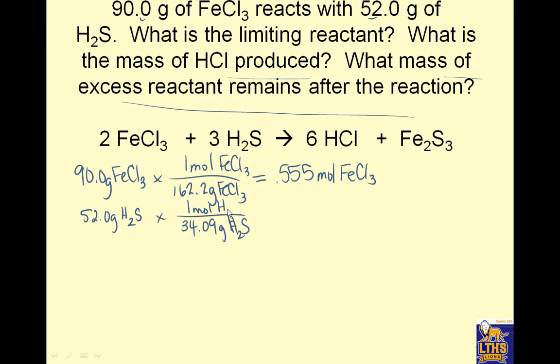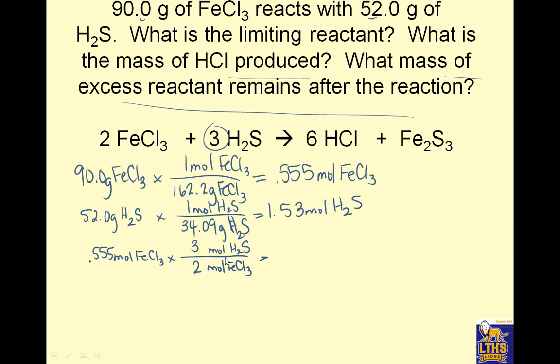Okay, and if I have 52.0 grams of H2S, from the periodic table 34.09 grams of H2S for 1 mole of H2S, I find out I have 1.53 moles of H2S. Okay, so I have to change one reactant into the other to see how much I'm going to use up. So I will use the 0.555 moles of iron 3 chloride, and I'll use the mole ratio to compare the moles of iron 3 chloride to the moles of H2S, one reactant to another. Alright, so there's 2 in front of iron 3 chloride, 3 in front of H2S. So I calculate it out, and 0.555 times 3 divided by 2 is